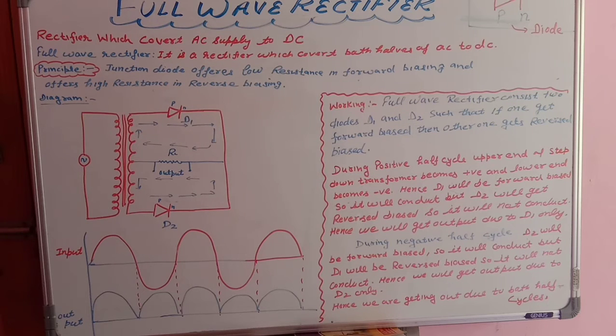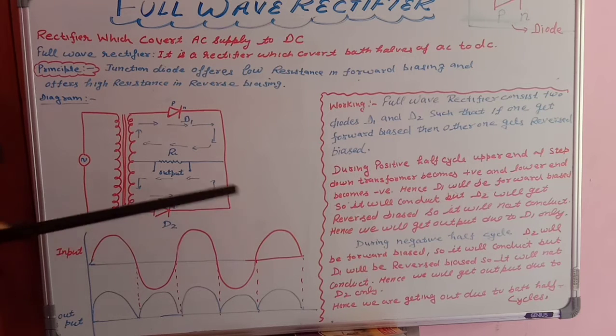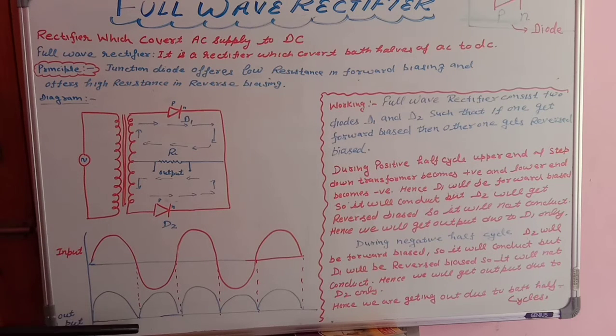Now the question is, what is the difference between the half wave rectifier and the full wave rectifier? Students, if you remember, in the half wave rectifier we were getting output only for half of the input supply. As you have seen in the half wave rectifier, input was the same but output was one pulse, this was vacant, second pulse, this was vacant, third pulse. So that means your half wave rectifier